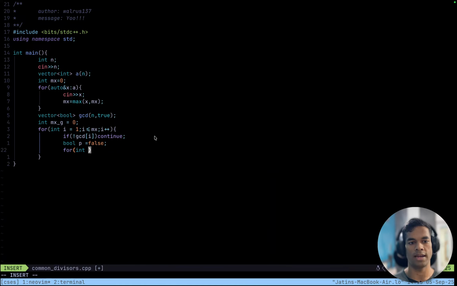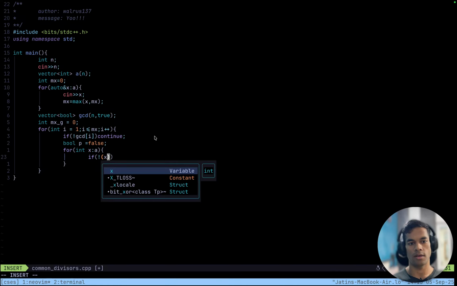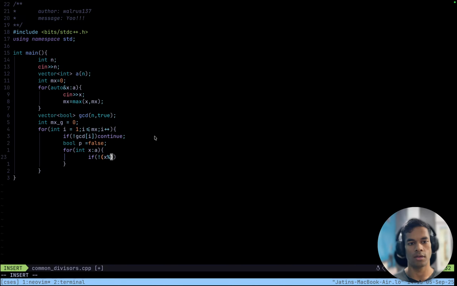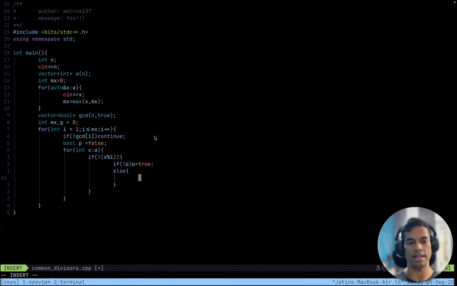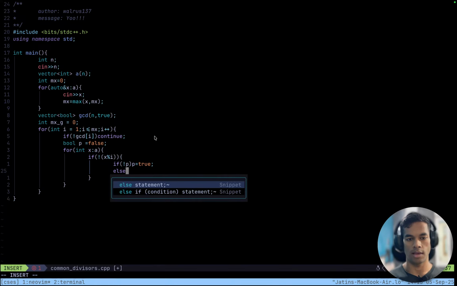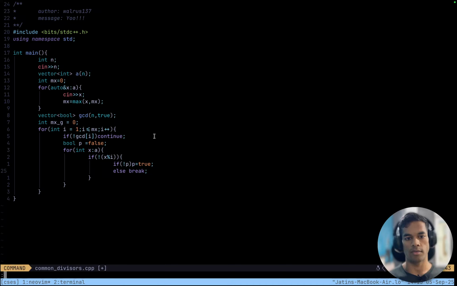Now for int x in a, if there is no remainder when x is divided by I, if this is divisible, if not p, then p equals true. Else, if p is already true, then break. And here,